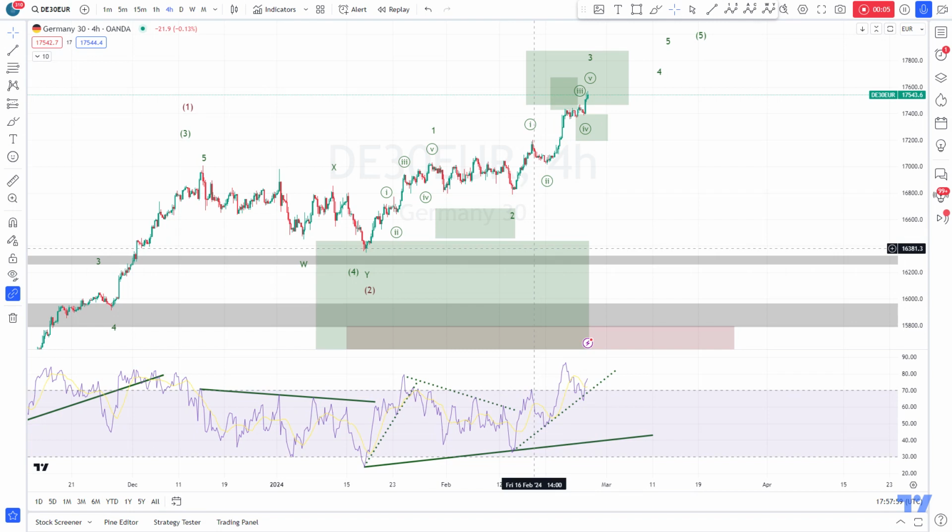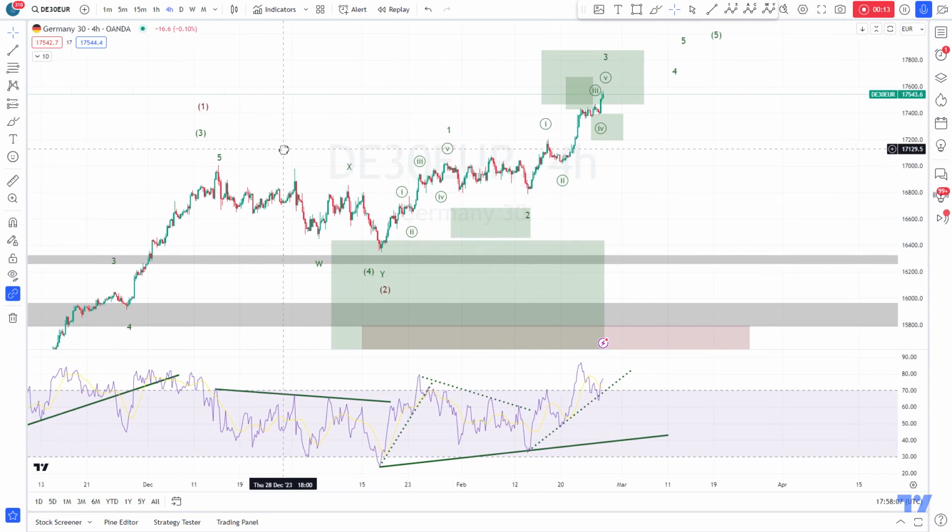Today is Tuesday, February 27. Time is around 6 p.m. GMT. So here we are looking at the 4-hour chart, and as I explained in my higher time frame analysis